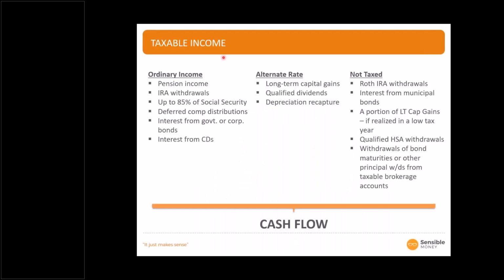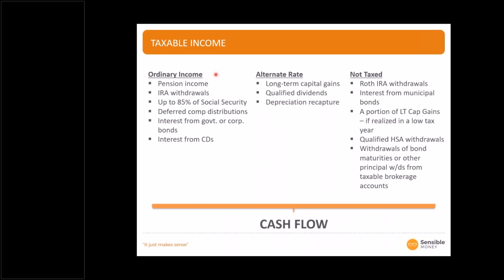Then there's how the IRS defines income, which is taxable income. What will you actually pay taxes on? And then there's how we define income, which is in terms of cash flow. And cash flow may or may not be taxable. It may come from an IRA, it may come from a pension. It's all of the resources available that are delivering the cash flow needed to maintain your lifestyle. So let's take a look at this taxable and this cash flow piece in a little bit more detail.